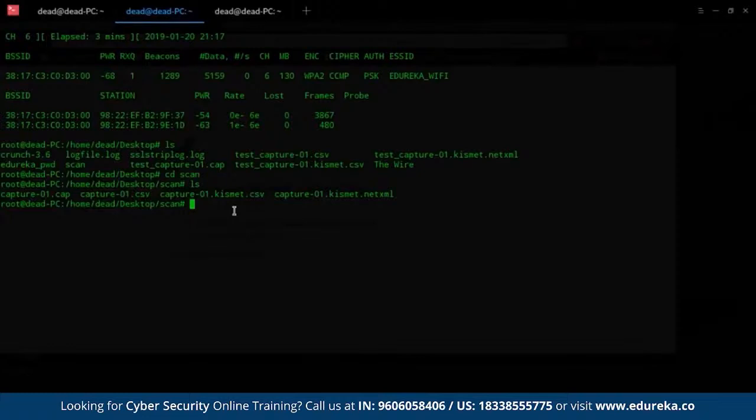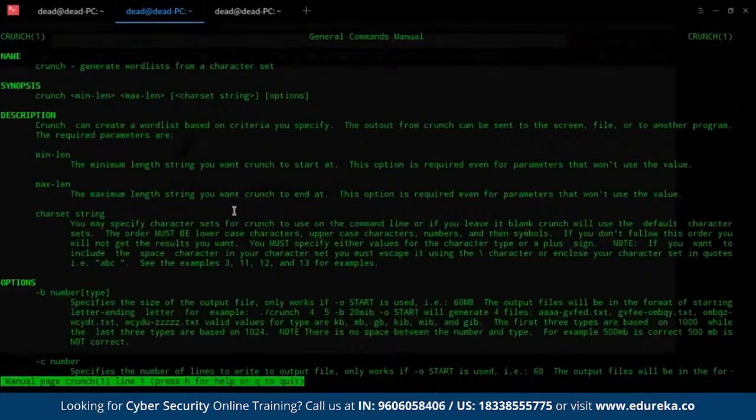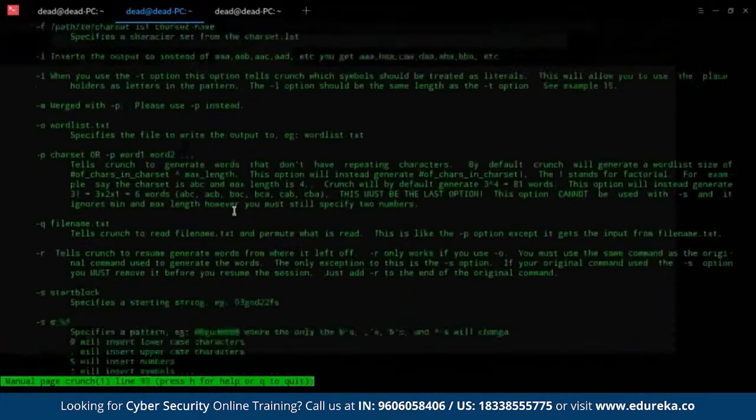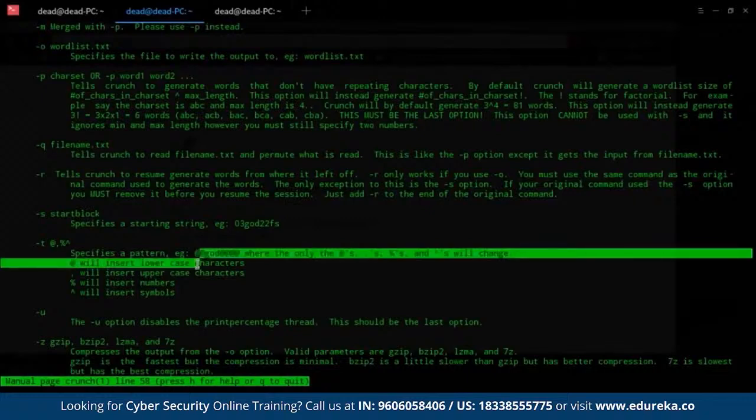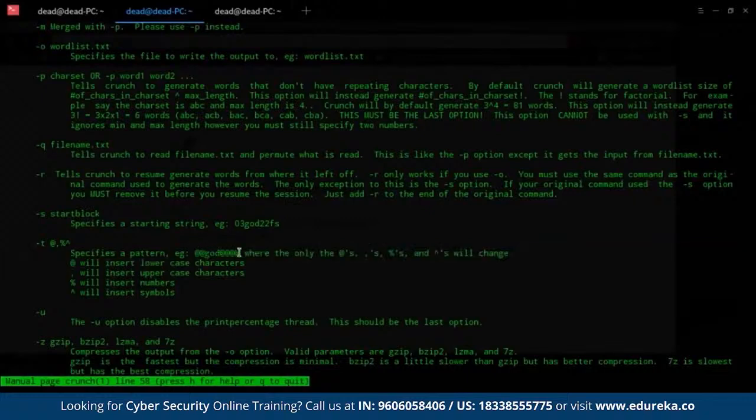So we are going to use Crunch once again to generate a list of words that might include sweetship346. Let me open the Crunch manual for once. If you go down in the Crunch manual, you'll see the -t flag. There is a pattern specified, like @ followed by more @, and all the @ will be replaced by a lowercase character.